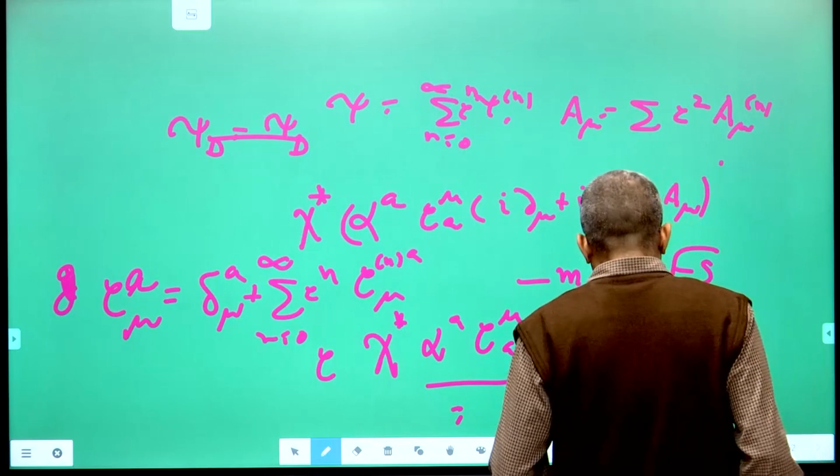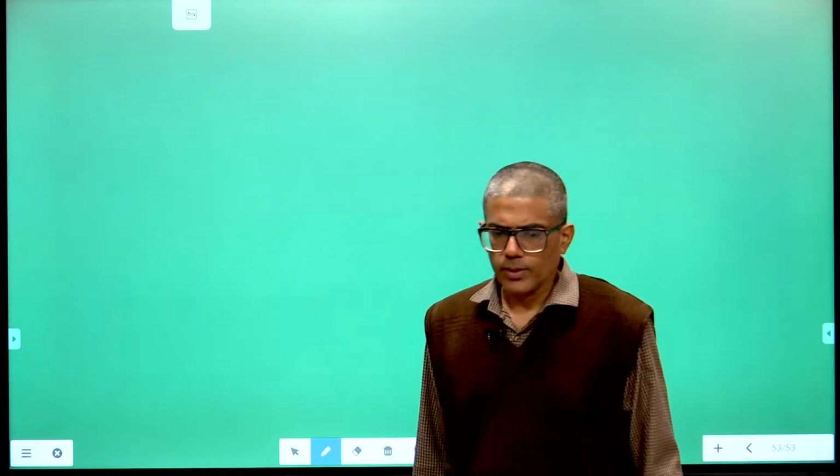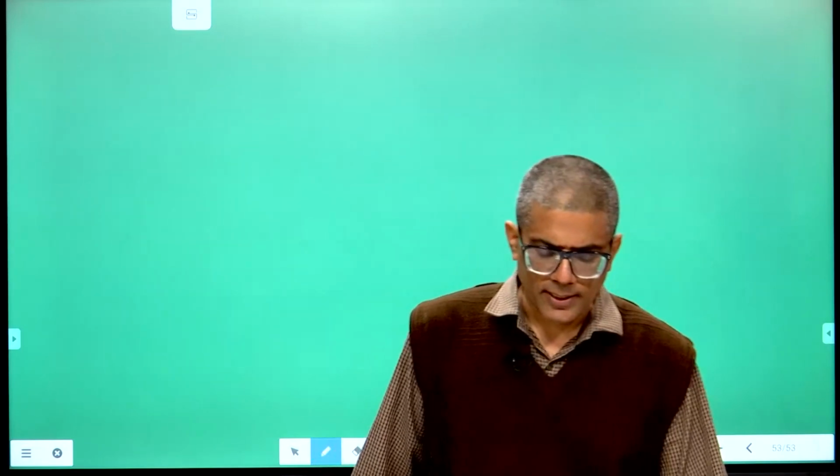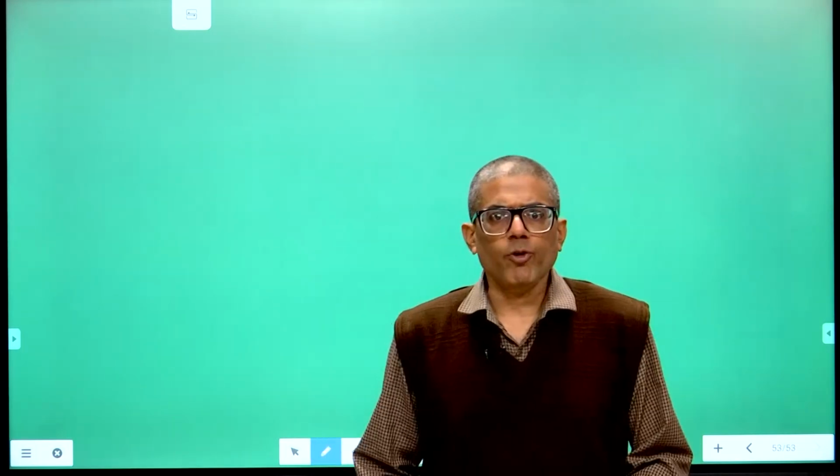You should note one thing, that the energy momentum tensor of the gravitational field is strictly not a tensor. It has been introduced so that the total energy momentum, the energy momentum tensor of the Dirac field plus the energy momentum tensor of the Maxwell field plus the energy momentum pseudo tensor of the gravitational field, the ordinary 4 divergence of this becomes 0.